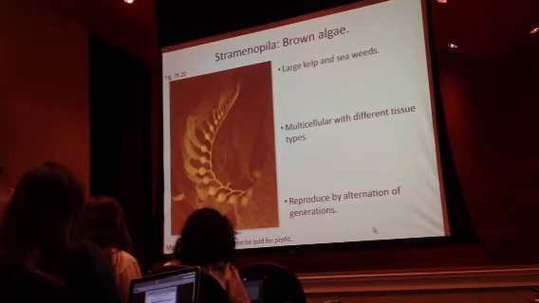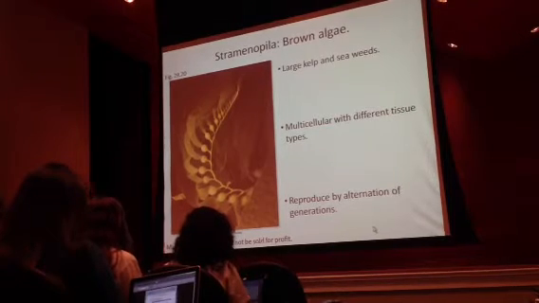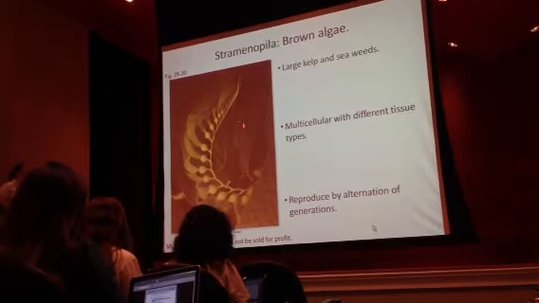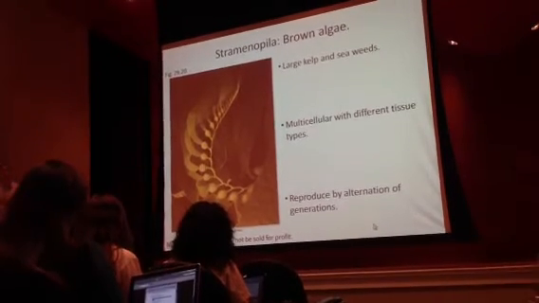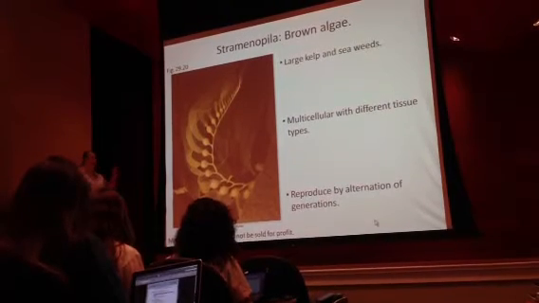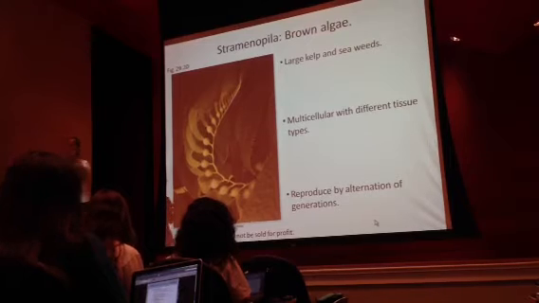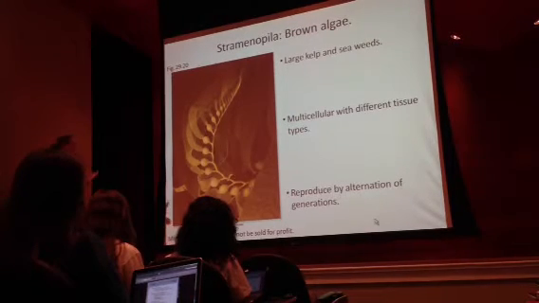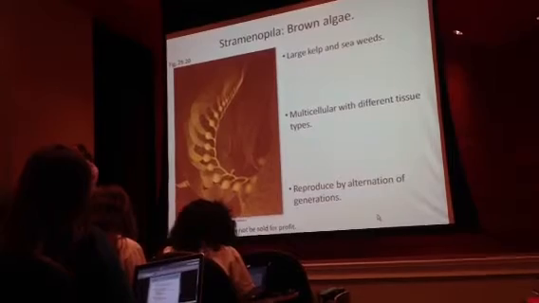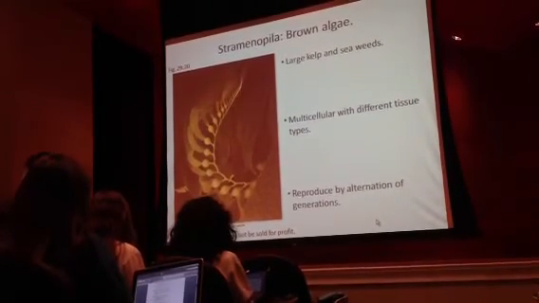So now here we are talking about the fact that we have organs. We have tissue types here. This is a true multicellular organism, the first one you've seen. And we're defining it because we get these large structures. We get blades. We get these stipe structures, or the air sacs. And we also get something to hold them into place. These are tissues that are defined for specific functions. When they reproduce, they make an organism that can make all of these things. And that we haven't seen before.